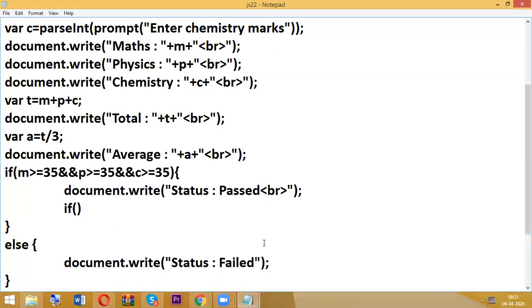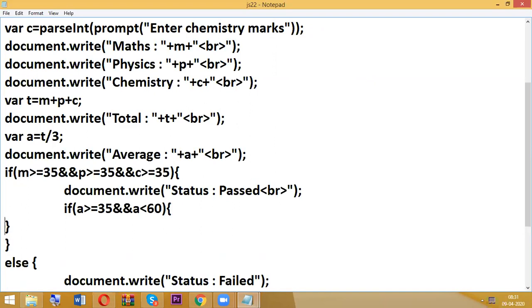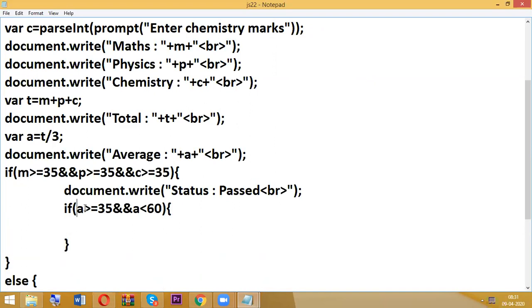Whenever the average is greater than or equal to 35 and average less than 60. So what is the meaning of this one? If it is greater than or equal to 35 and less than 60.